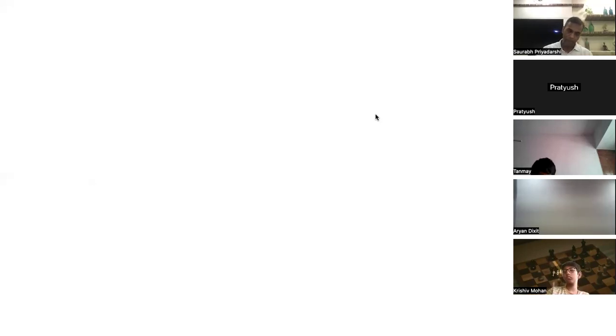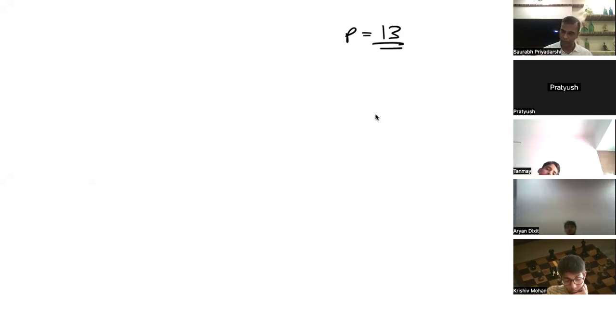Right? If I'm trying this for 13, one of the numbers, 12, is not taking part in this. So in this p is equal to 13, two numbers, 1 and 12, are not taking part in any of the multiplication. Other than this, p minus 2, all the numbers in between,